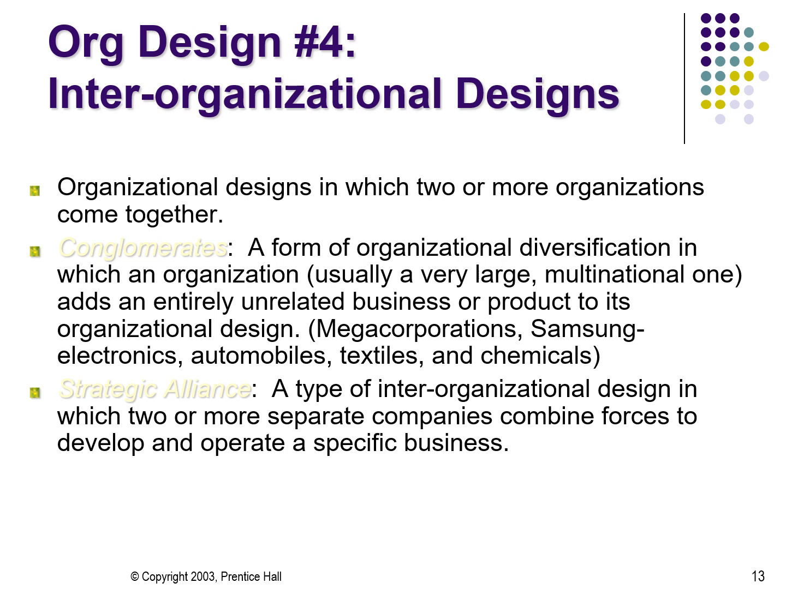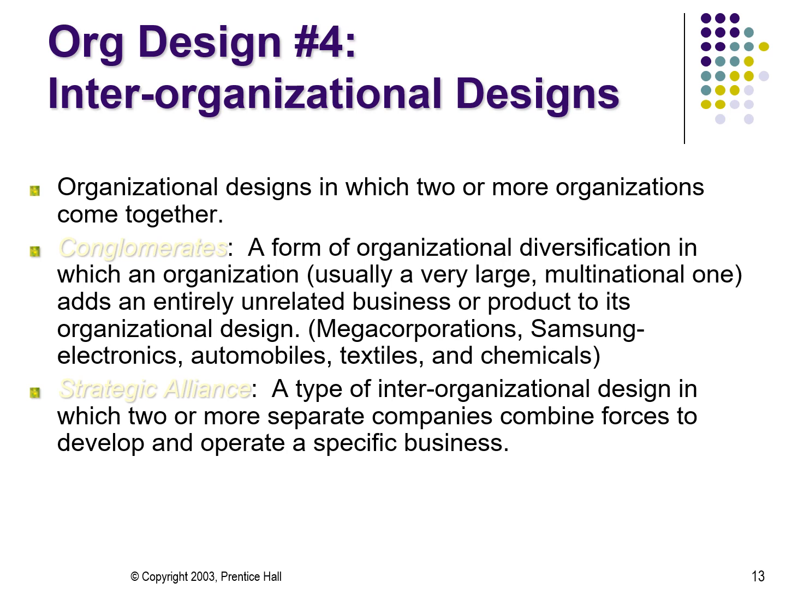Conglomerates are a form of organizational diversification in which an organization, usually a very large multinational one, adds an entirely unrelated business or product to its organizational design. So we're talking about basically mega corporations. Samsung Electronics, a lot of automobile, textile, and chemical, and also food companies would fall into these categories. In other words, the organization has become so large that it often absorbs entire businesses with their own organizational design